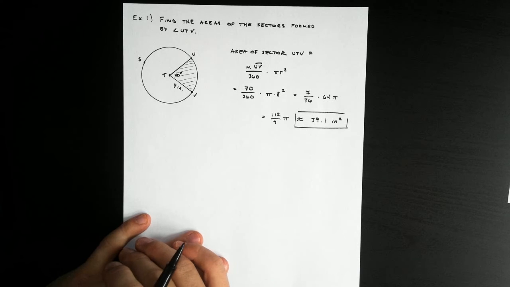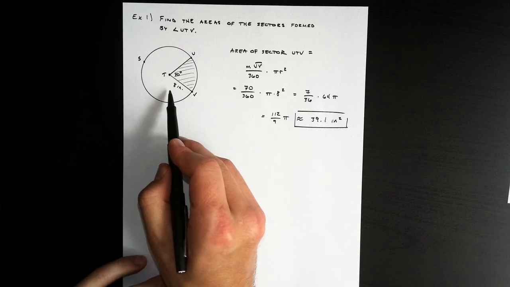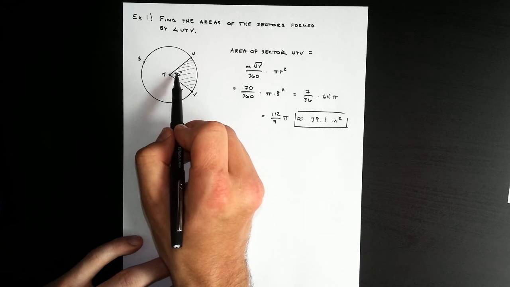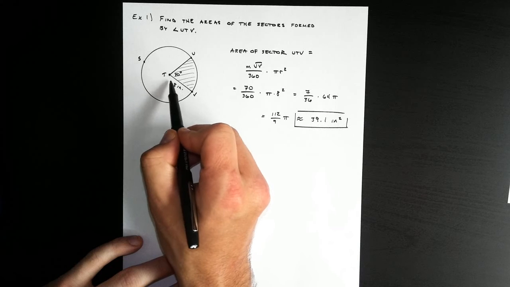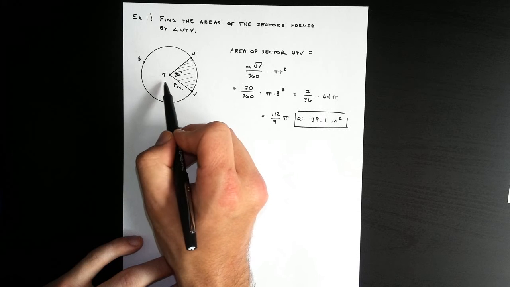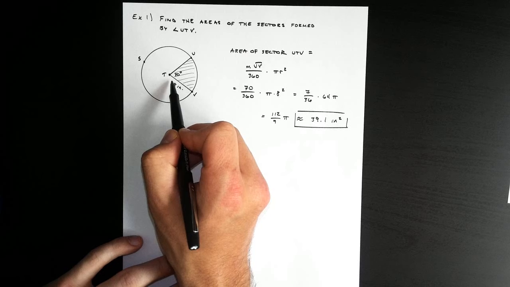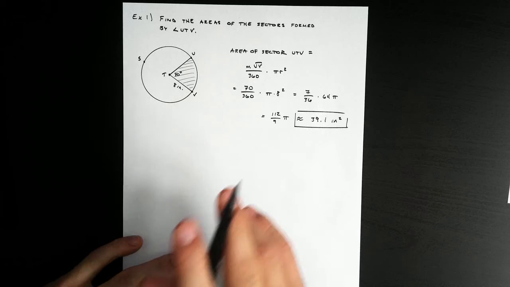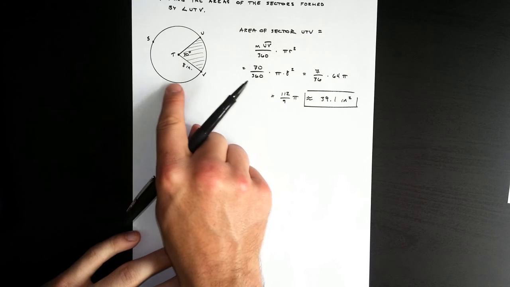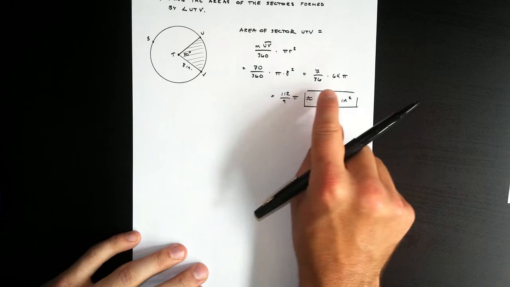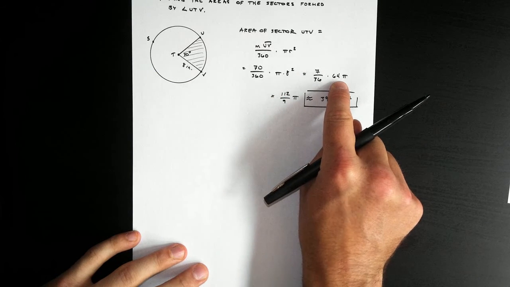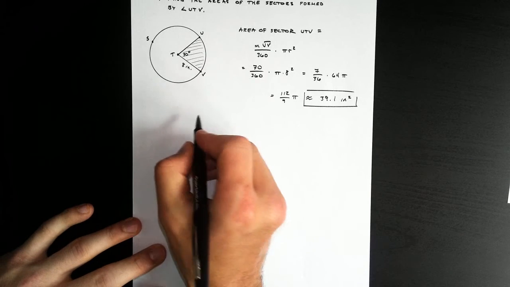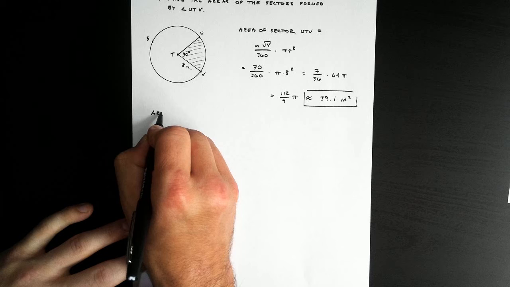Now what I could do, if I want to find the area of the other sector, I could do this by doing the exact same thing. So for the angle, the rest of this, 360 minus 70, this has an angle of 290 degrees. So it would be exactly the same, but I would just replace the 70 with 290. Or, because I know altogether the area of this is going to be 64 pi, the piece I'm looking at here is 39.1. So if I want to find the area of the other sector,